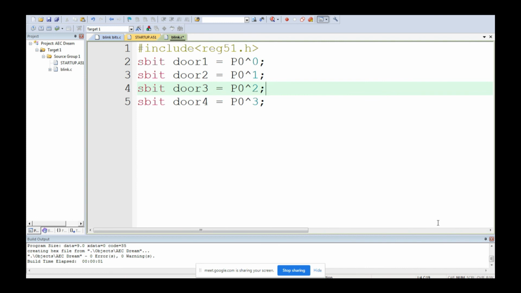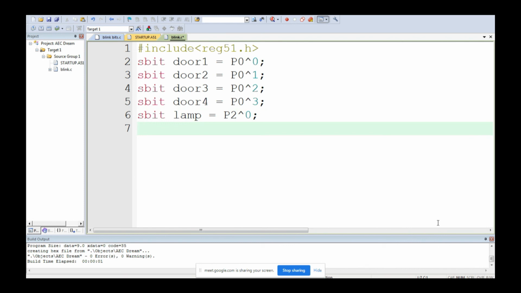Similarly, sensor from door 3 is connected to P0.2, and sensor from door 4 is connected to P0.3. And the lamp, simply let me put it as sbit lamp. The lamp to indicate the door open status is, say for example, P2.0.